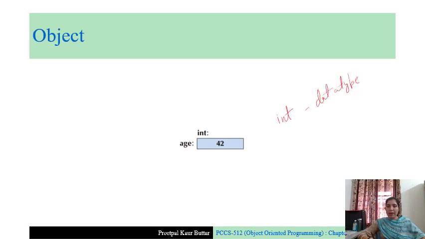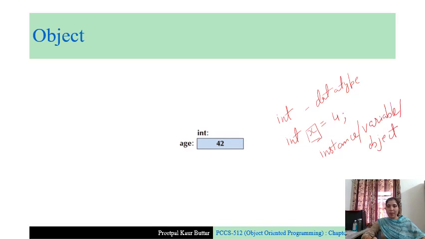When you create a variable of type int, that variable is an instance of this data type. The data type does not itself occupy memory, but the instance, also known as variable, also known as object, occupies the memory.